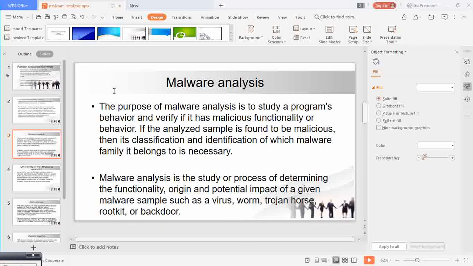Malware analysis is the study or process of determining the functionality, origin and potential impact of a given malware sample, such as virus, worm, Trojan horse, rootkit, and backdoors. In a previous video, we have studied all these types.